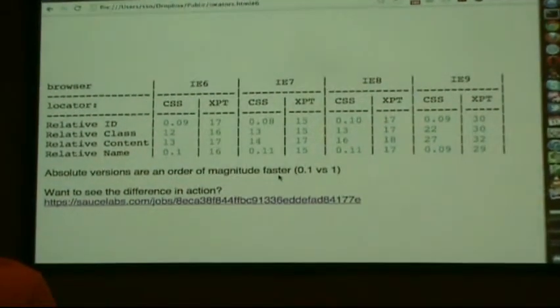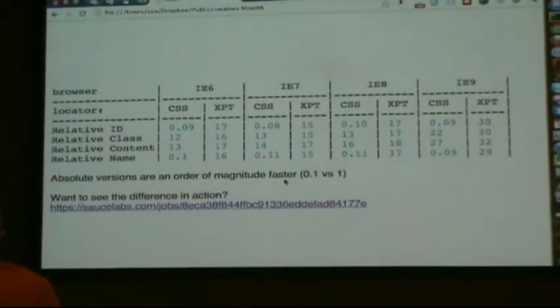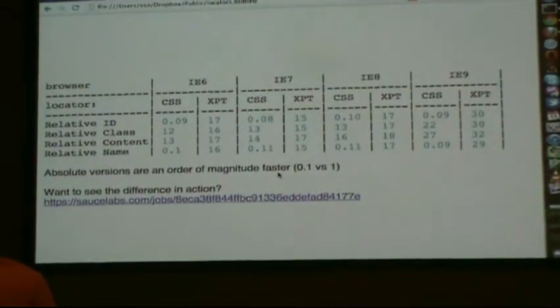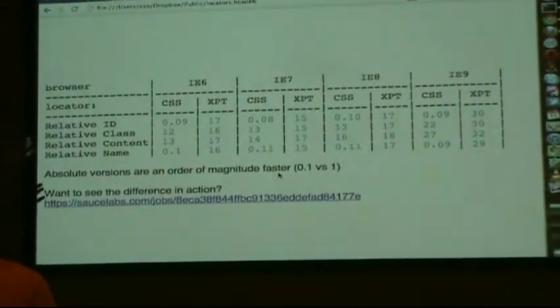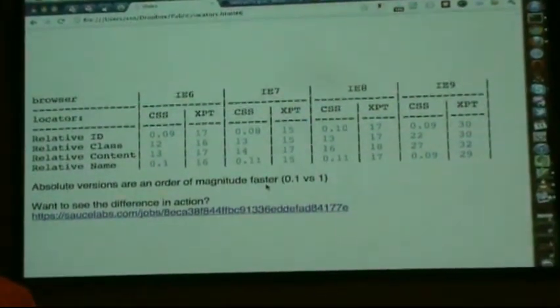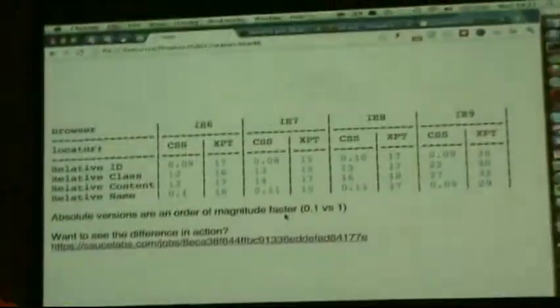And that may not be because IE9 is slow, but just because IE9 requires a different operating system than the others do. So the first three are running on XP, and IE9 is running on Vista. And they may have different virtualization performance, so the difference may be there, and not in the fact that IE